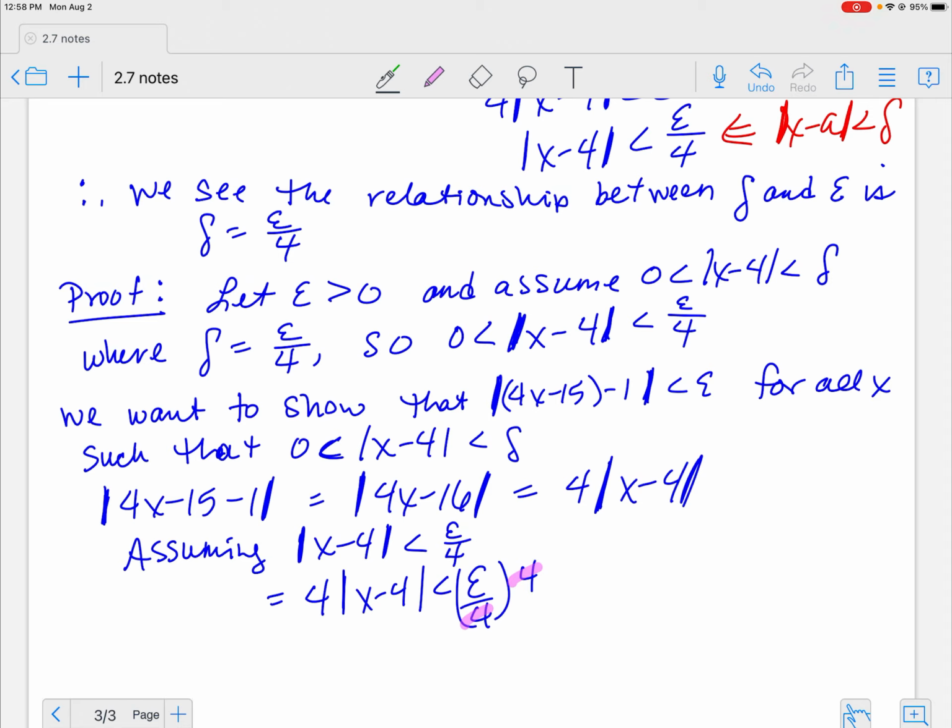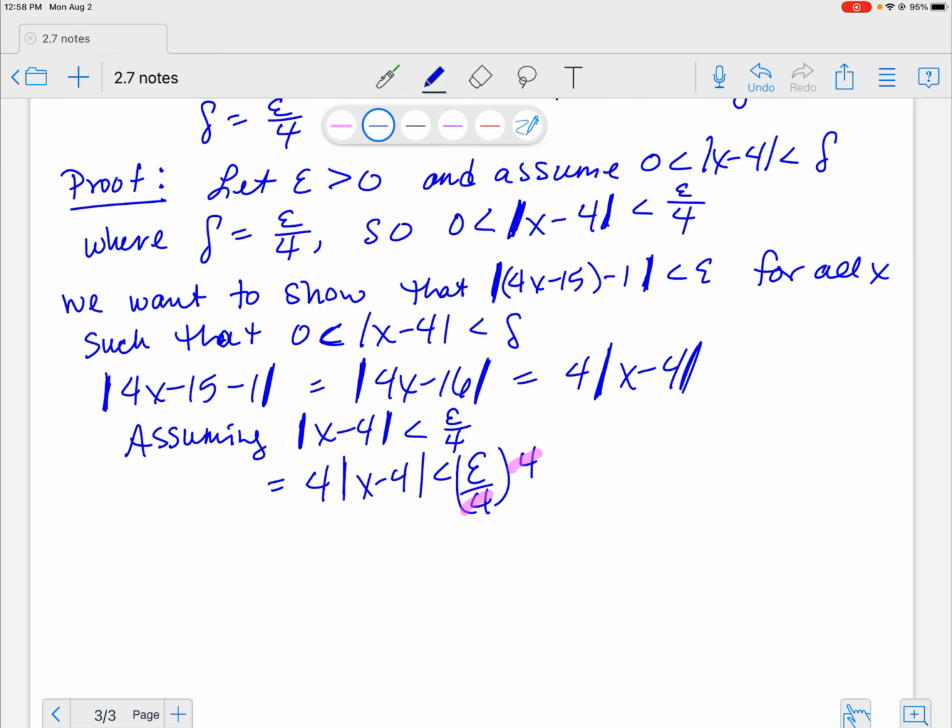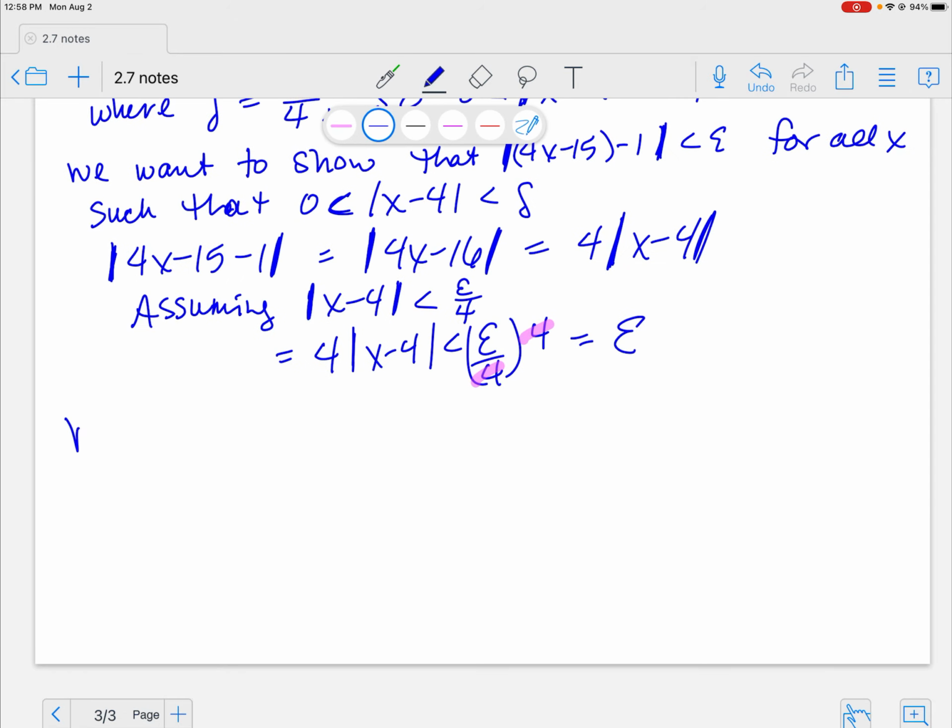Good. Now I just have this epsilon right here by itself. So here's our final statement. We have shown, well, I need to write, sorry, I should write equals epsilon, just so that there's no question. I canceled out those, but that way there's no question. Okay. We have shown